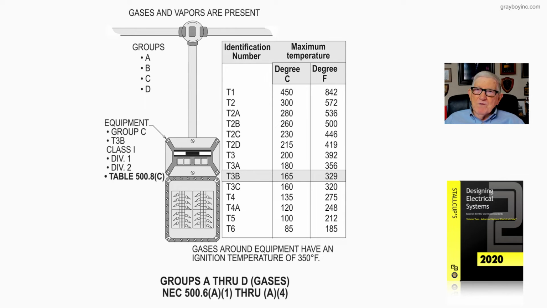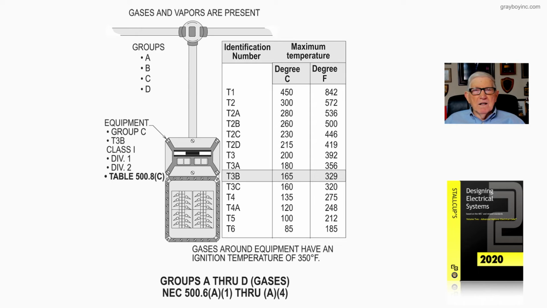But to find out more information about a gas or vapor, once again, go to NFPA 497, table 4.4.2, and we'll be talking about that table more as we get into the presentation of hazardous classified locations. But notice you take that T code letter T3B, match it up to the degrees Celsius or degrees Fahrenheit, and we notice that we could install it at 329 degrees Fahrenheit, 165 degrees Celsius. And notice we could install it there because the gas around the equipment has an ignition temperature of 350 degrees